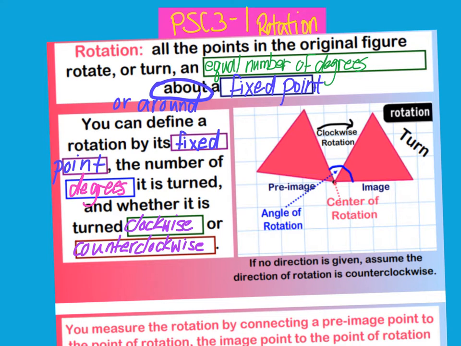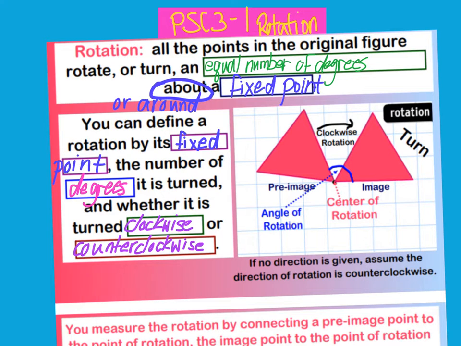A rotation is a type of transformation where all the points of the original figure rotate or turn an equal number of degrees around a fixed point. Now, we say about a fixed point, but it also means around that point. So we define the rotation by its fixed point, the number of degrees it's turned, and whether it's turned clockwise or counterclockwise. If nobody tells you whether it's clockwise or counterclockwise in rotation, you always assume it's counterclockwise, which seems